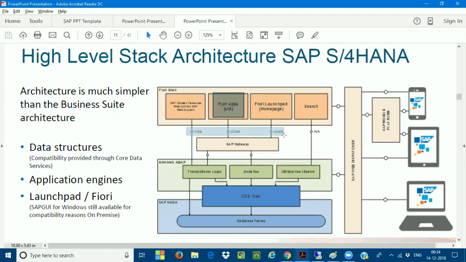For example, if I'm doing vendor payments in SAP, the file of whatever payment I have done will be extracted from SAP and transferred to your Bank of America server, through the connectivity between the Bank of America server and your SAP server. The extraction file is transferred from SAP to the Bank of America server, and they pick up that file and make the payments to the vendors.